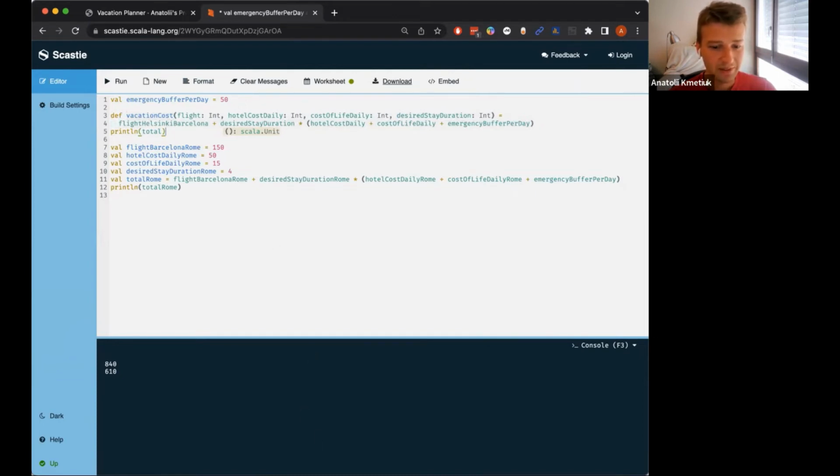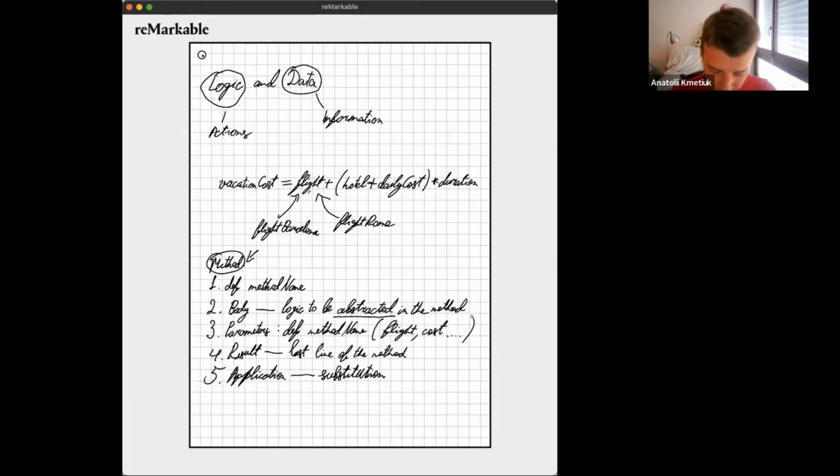And the final thing, so we are already finished with the method definition. What you see here is the method as it is supposed to be defined. So the final step is to see how this formula can be applied. So application is the opposite of abstraction. So if you look at our blackboard, so